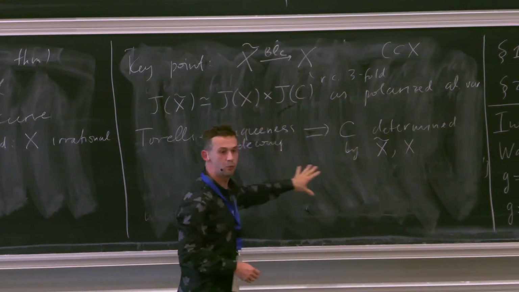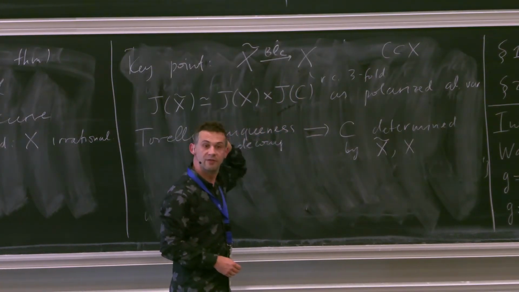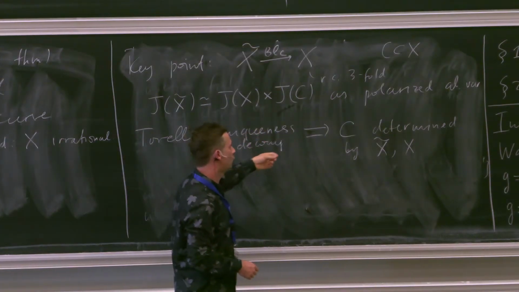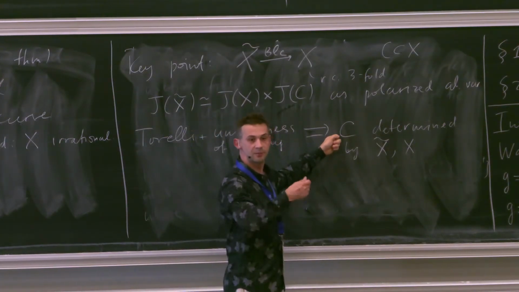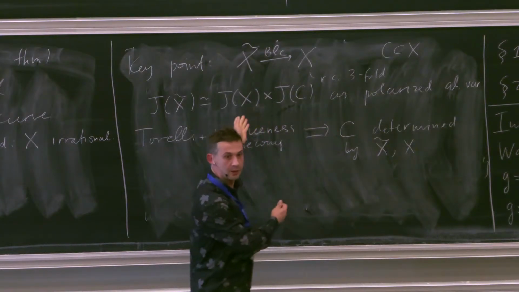And this is the key point for the proof of the vanishing theorem, that I'm supposed to recover what I have blown up just by looking at source and target. That's an example of the situation.